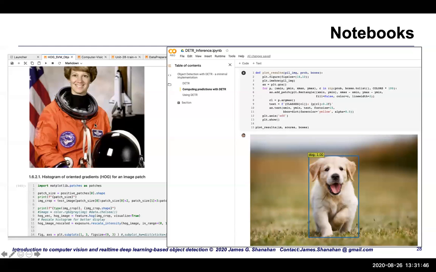So to give you a sense of what's in store here in the notebooks, here's our histogram of oriented gradient-based classifier notebook, and